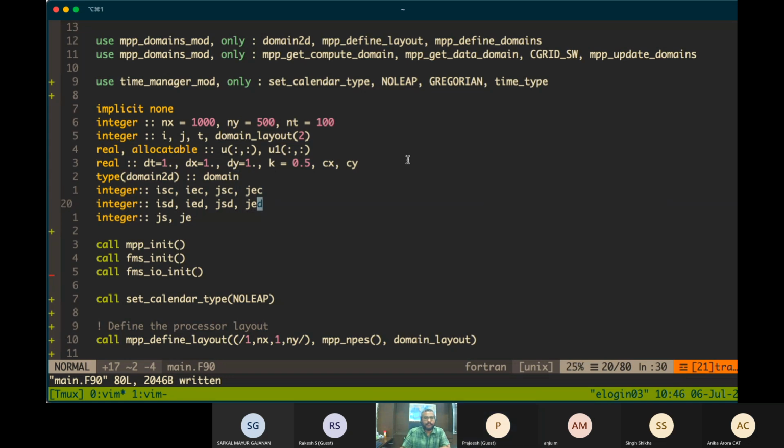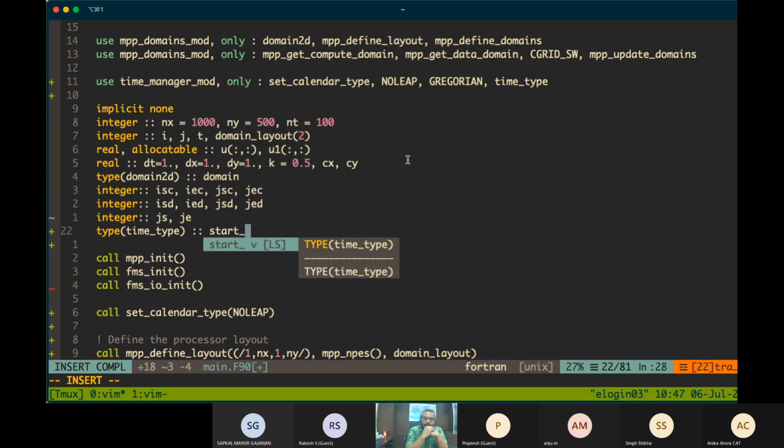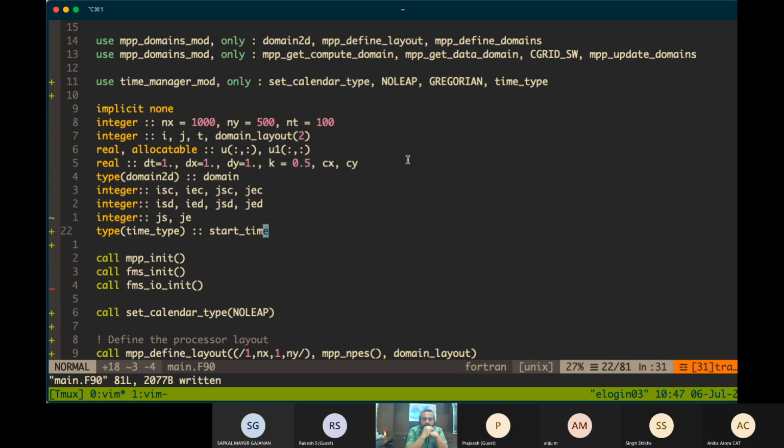It's a time type, so you have to define type time.